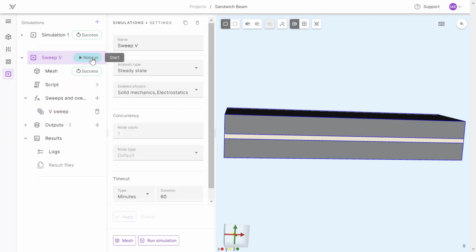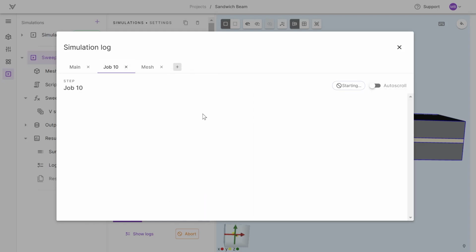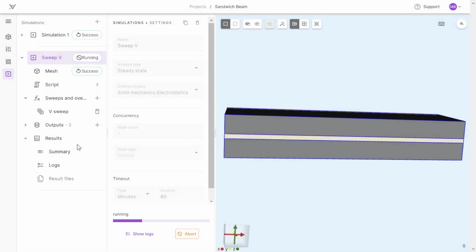If I now start the run, we can see what happens. We can see in the log files that it started 10 jobs having those 10 different voltages, and those jobs were started in parallel, so they are all running, each one of them on one node in parallel. We can also take a look at each one of the jobs' log output. They are starting now, and probably they are going to take around 12 seconds each to finish. So after around 12 seconds we're going to have the solution for all the 10 jobs,